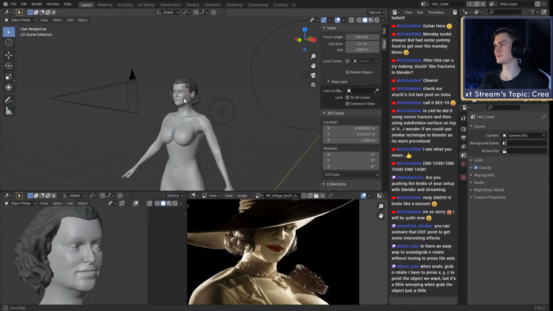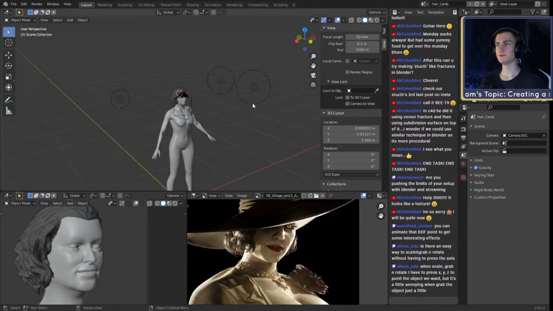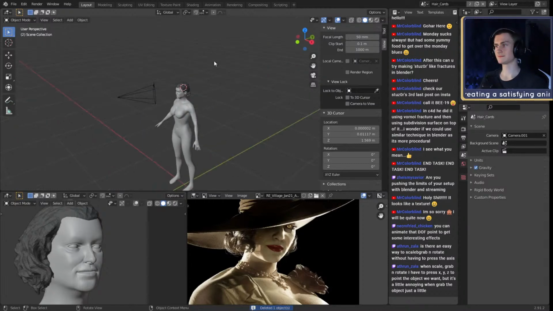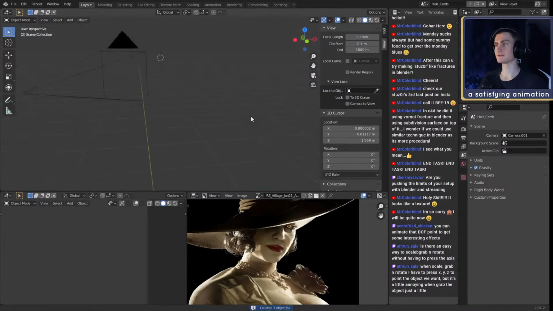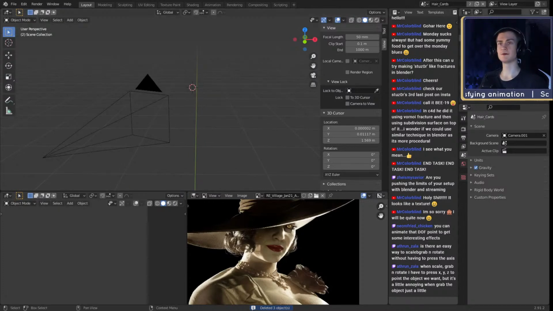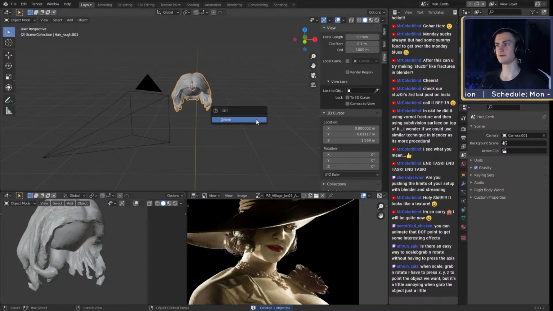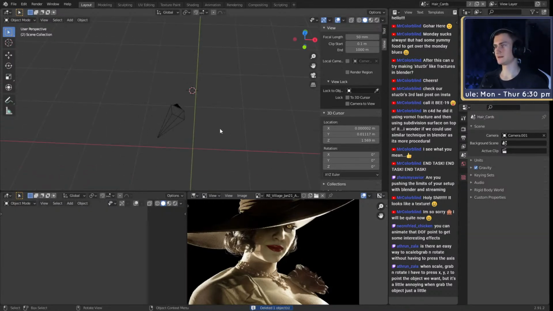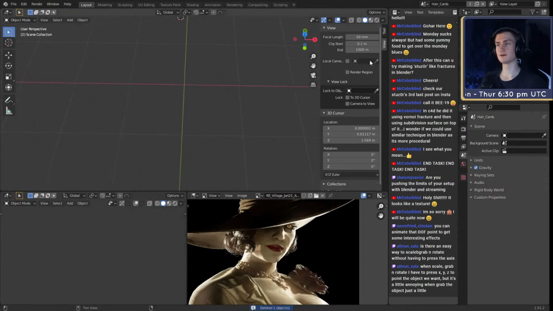Okay. Let me remove everything that I don't need. Perfect. So I write here rough, remove everything, we don't need it, and we start over.